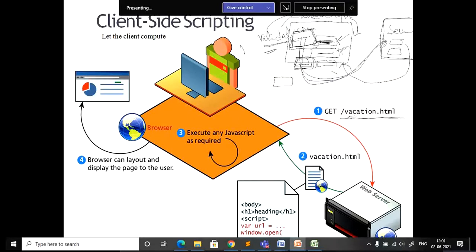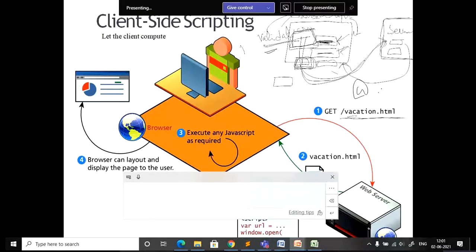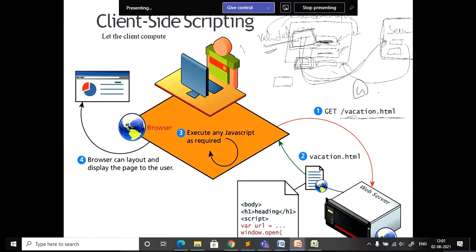I gave the example of an email ID. Without JavaScript, what happens? Whatever you enter in the email ID field, even without @ and dot, if you just enter your name and submit, it will still accept and send it to the server. At the server, it has to check whether the email is correct or not and send it back, indicating that it is not a valid email ID. So this is going to be hectic at the server.